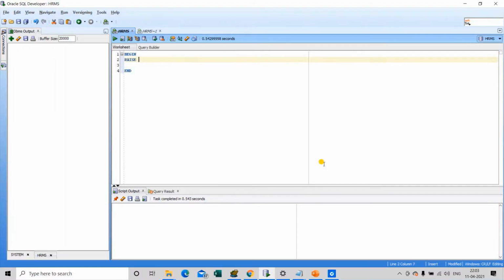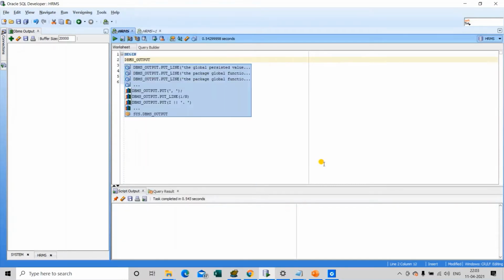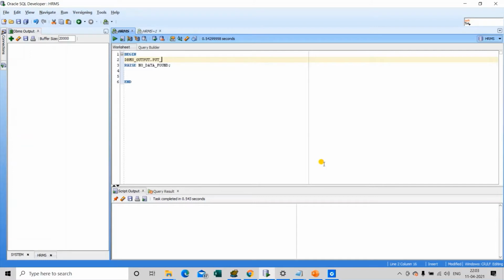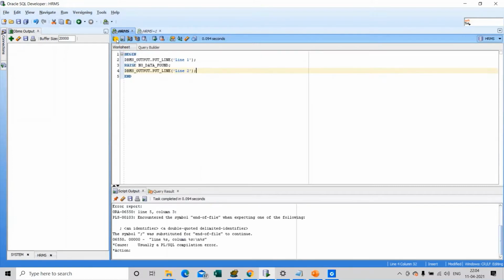Simply, we will use the raise command to raise the exception. Now we have written our code. Let's try to run this code.